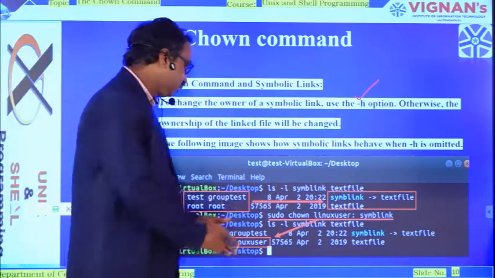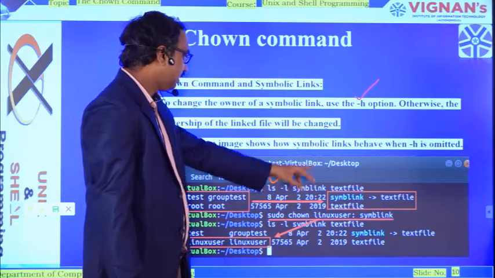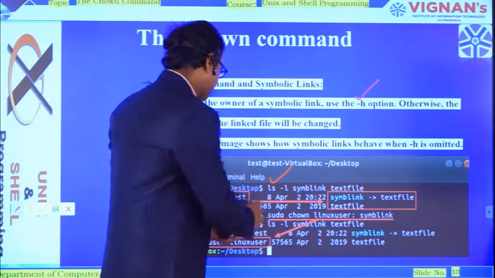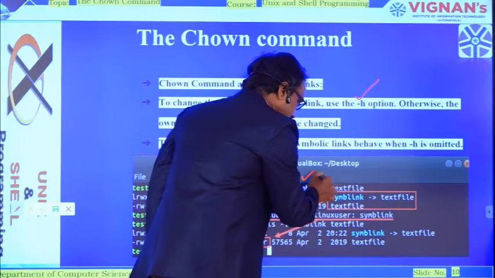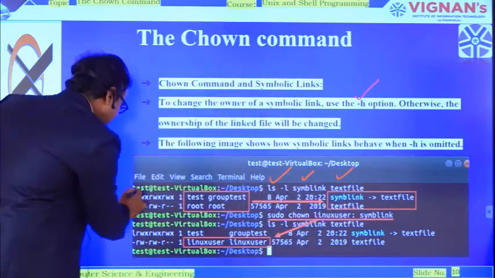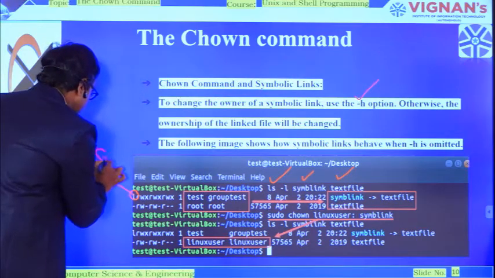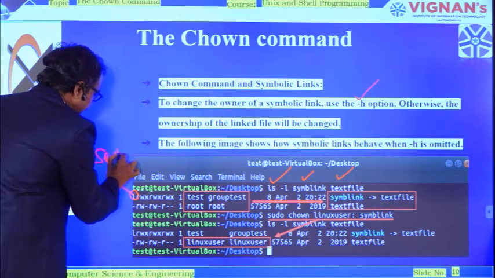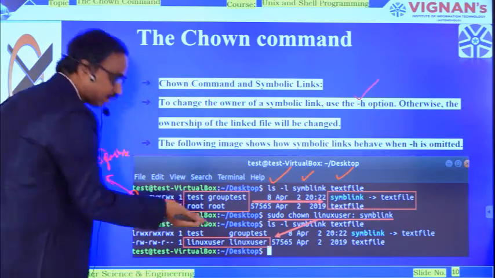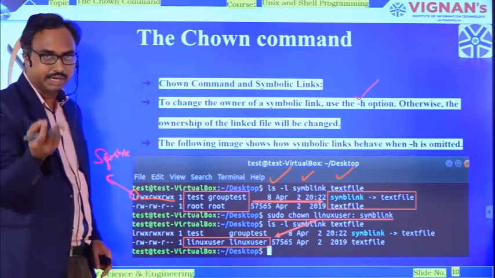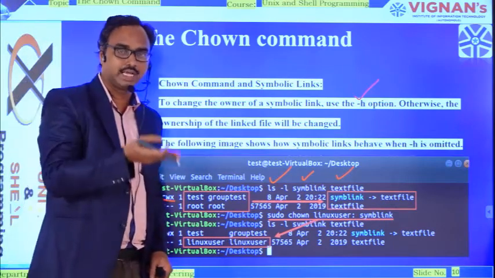As usual, we use $ ls -l, then mention the symbolic link and the file name. Apart from ls -l, the name of the symbolic link and then the file name will display here. All of you see here, this is the link. This is known as the soft link. The remaining is as it is, the permissions we already know: read permission, write permission and execute permission.